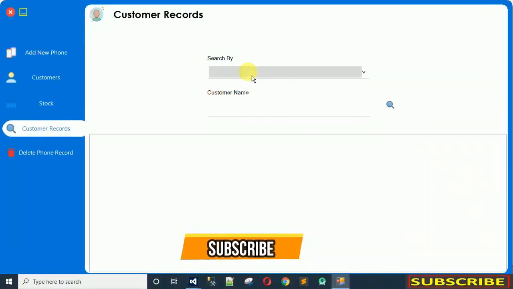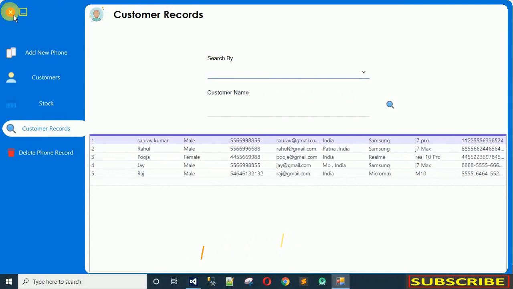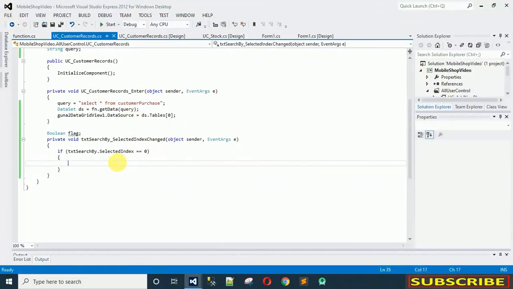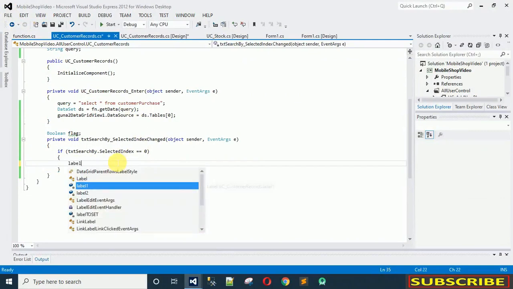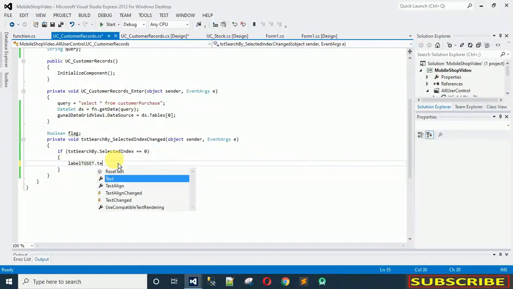Click on this, and here you can see this customer is at the 0th place and this one is at 1st place. So when the selected index is 0, I want to set the label's text to "Enter customer name",